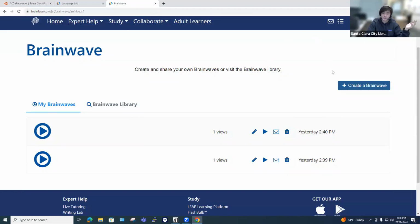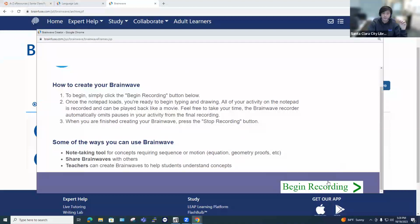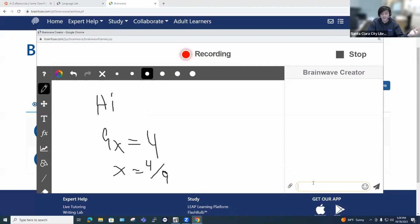Then Brainwave actually lets you record your sessions in a whiteboard for self-study, or say you want to help someone else study, so you can send them a recording. So what I mean by that is if I click on create a brainwave here on the right side, I'm going to click begin recording, and it's going to bring us to our whiteboard. If I were to draw and do some math questions, let's say that's what I'm studying, I'll solve it, and then I can show step by step, send this to my friend, like this is how you do it. I can type in the chat,